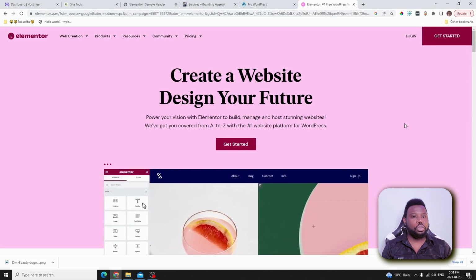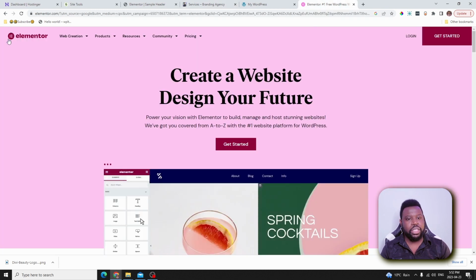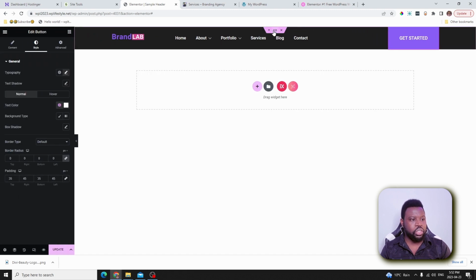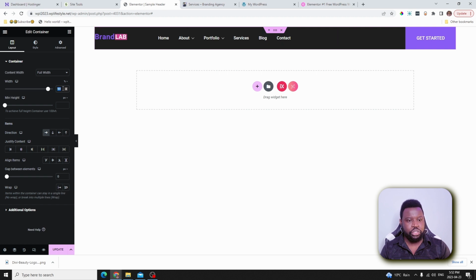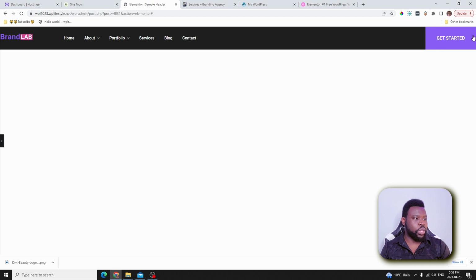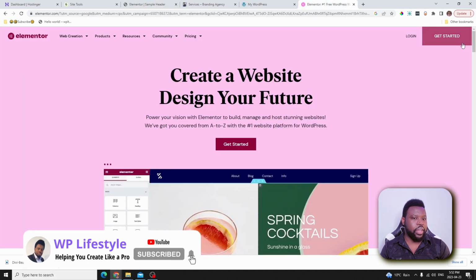So if you're creating a full width header like this, for example, if you see this one that we created over here, we move this one all the way to the edge, and then here we have this one aligned with our content over here. But if you want it all the way to the end, just like we have here with Elementor, all you have to do is change the parent container. We change the parent container to full width like this, and then we'll have a full width header, and then change this to 100%. Now we have a 100% full width. You have this all the way to the end. You have your button all the way to the edge, just like we have over here with Elementor.